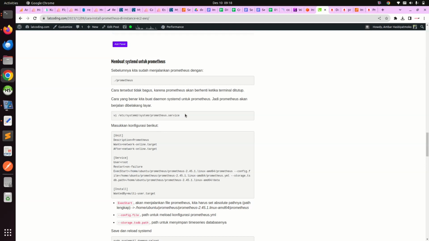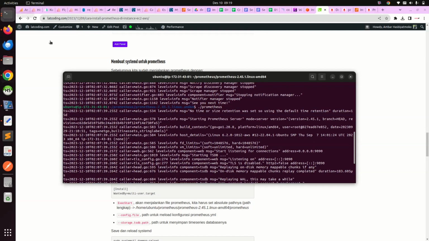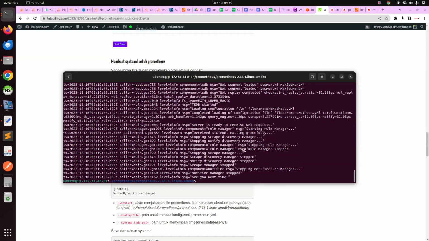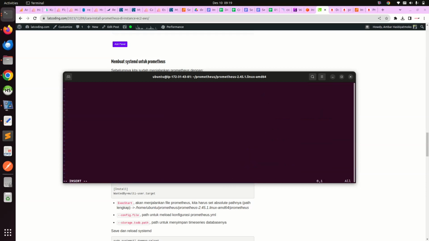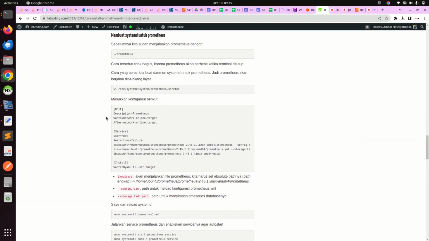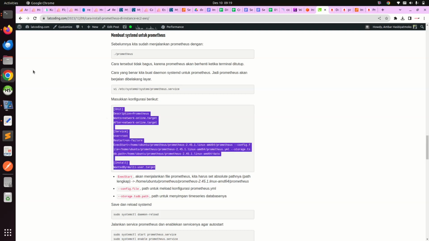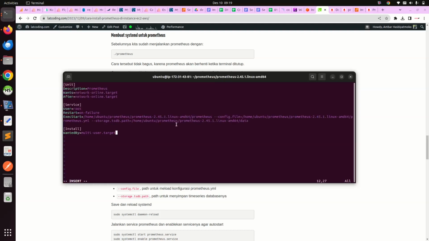So the first step is to create the prometheus.service. Stop Prometheus first. Create the Prometheus service. Enter. Okay, ExecStart is the one that executes the Prometheus file, and then the config file.